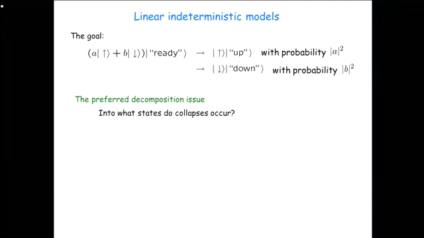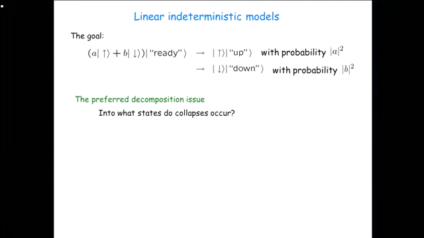And there's a few issues you need to solve. So there's something called the preferred decomposition issue. You need to specify what basis collapses occur in. So remember, it's fine to say, oh, I want the basis to be the apparatus indicating up and down, but the new dynamical evolution law has to be something that applies for all physical systems, and it can't refer to whether a system happens to be an apparatus or not. It's something that you should be able to apply at the level of atoms, and then when you apply it to the atoms in an apparatus, it will hopefully entail this kind of collapse. But you need to figure out, what is it for a microscopic system? What's the basis under which